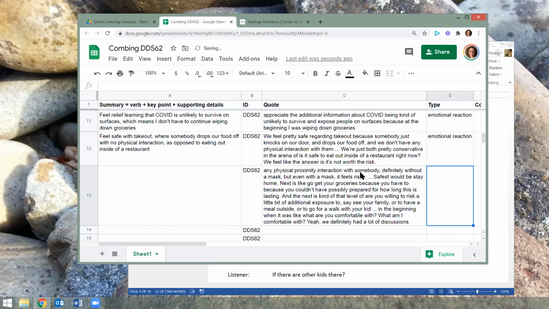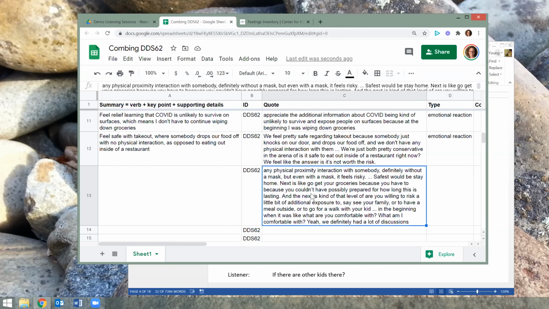Emotional reaction. Generalized though, not pinned to a place and a time, which is okay. It's just easier for people to speak about their inner thinking when we're talking them through a particular place and time. Here she's talking about her inner thinking, her emotional reaction, in a generalized format, kind of generalized across all the times they were deciding about getting takeout or delivery. Yeah, they call it takeout. Okay. So this next thing,